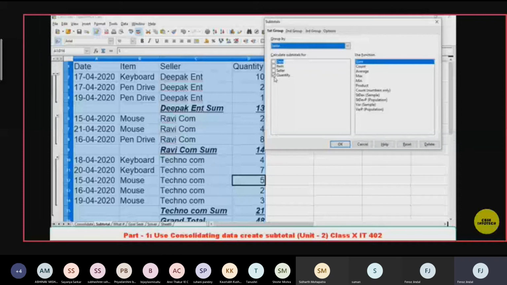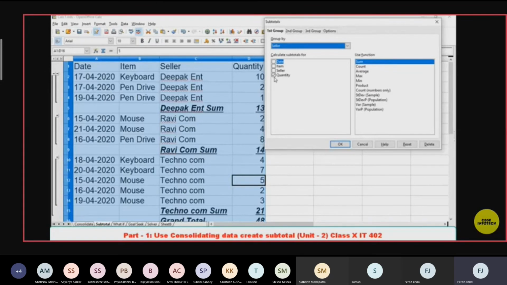Then on the second group, if you go to the inner side, if you go deeper, you can total on the basis of the second group also. But let us stop here only, because if you go deeper, children, I just give you the information on the top. There is a second group option also, a third group option also. If you go to the third group option, the subtotal will be divided in a more filtered manner. It will go deeper. So this was the subtotal part, children, and up to this part you must have understood the meaning of subtotal with a very good example.